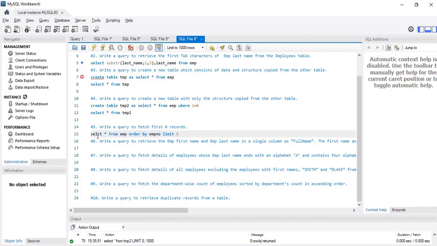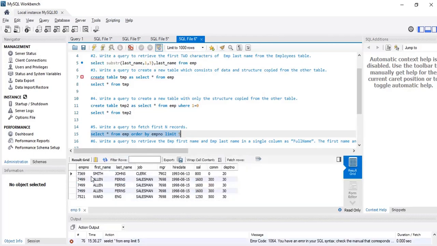So the first five employees will be printed. Now if I remove this, what will happen? This will also give first 5 records only, but in that case I was ordering it in the order of employee numbers. But if I just want the top 5 rows from the table, so I will simply write limit 5. But if you want to order it in ascending order, descending order, then we can write order by.